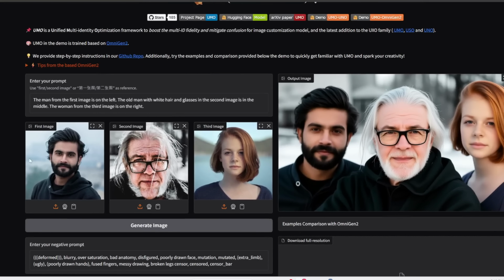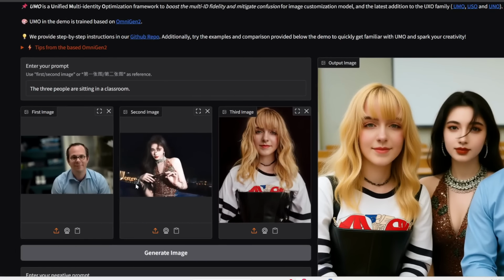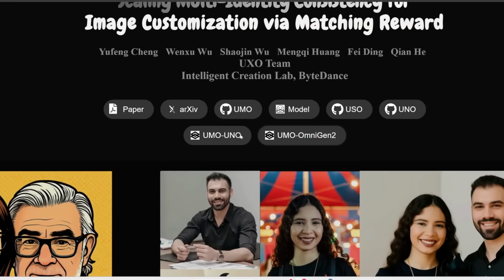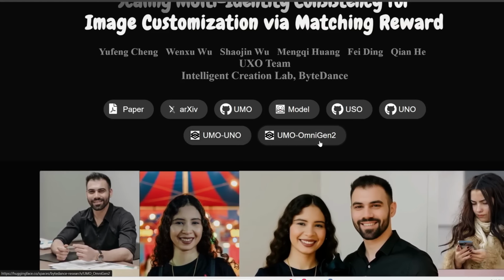So for example, I can upload these 3 characters and then put them all in the same image, and then here is what we get. Or here's another example where I can use these 3 characters and get them to sit in a classroom, and here's the result. Now, in addition to these free Hugging Face spaces, which you can try out online, they've also